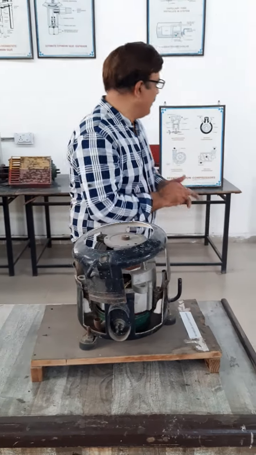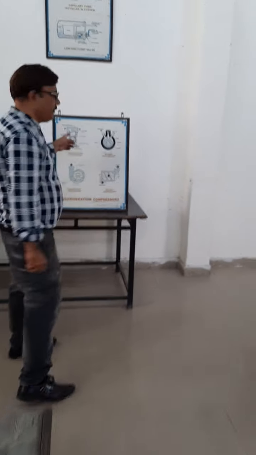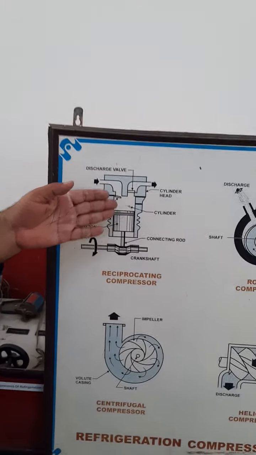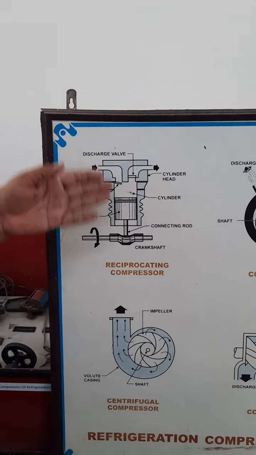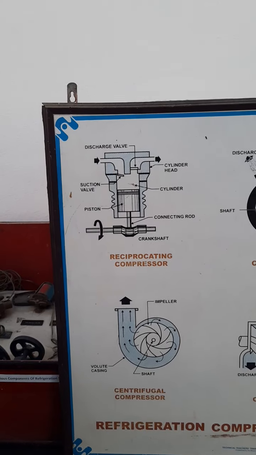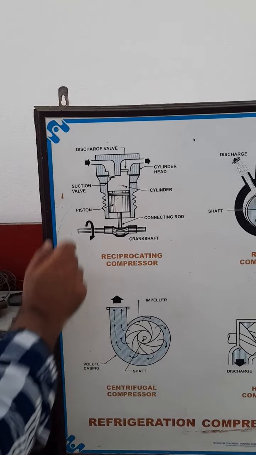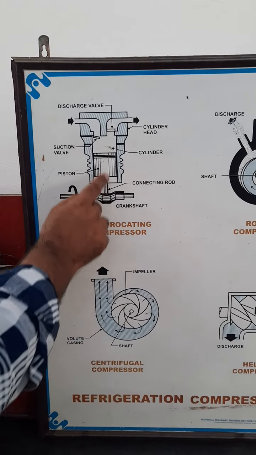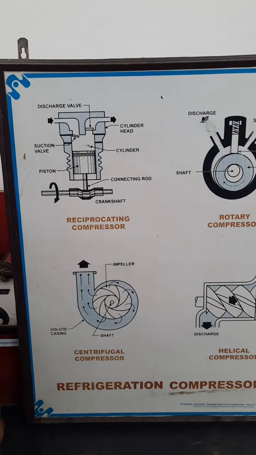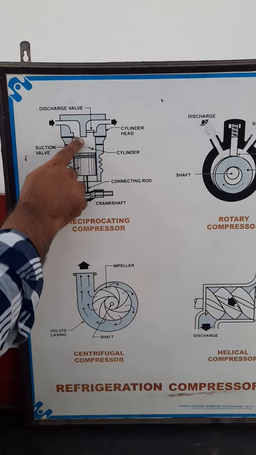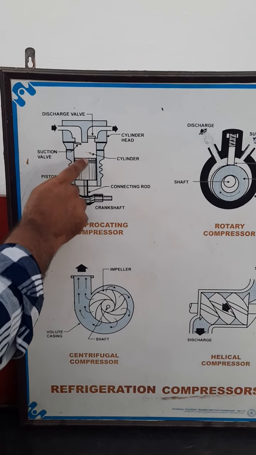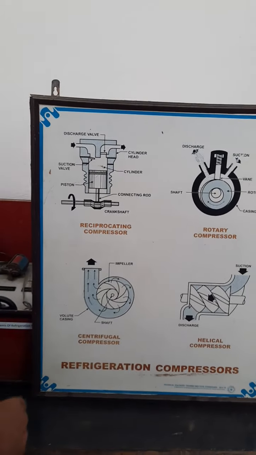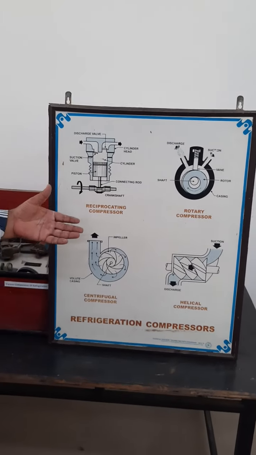Look at here in this figure, I am going to explain the theory. This hermetically sealed type compressor is based upon the reciprocating type compressor. In this case, this is the piston and this is the crankshaft, and both are connected with the help of this connecting rod. Low pressure and low temperature refrigerant comes inside where it is compressed, and high pressure and high temperature refrigerant is supplied to the condenser.